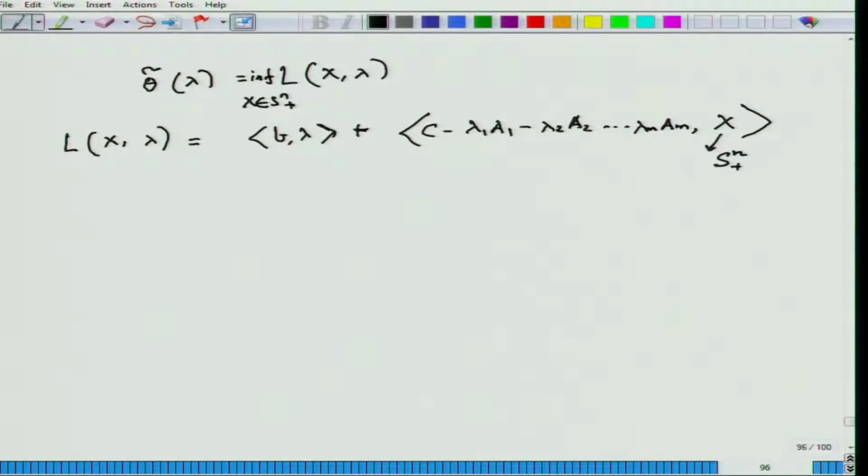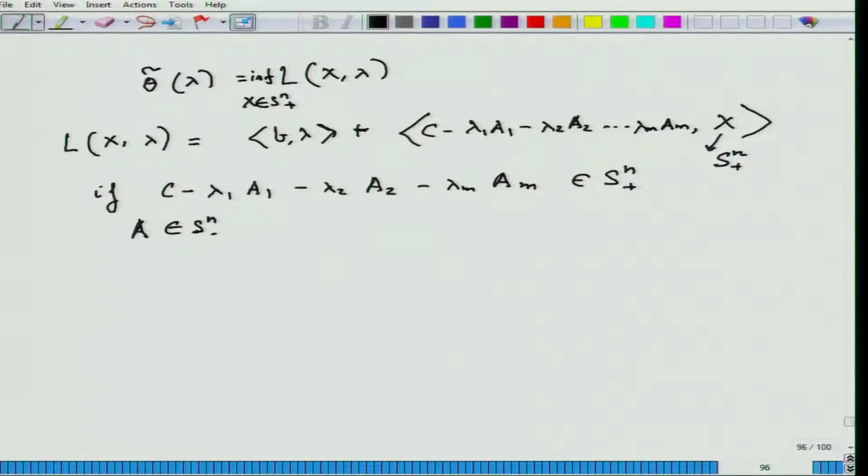If this is in Sn plus, that is, if C minus lambda 1 a 1 minus lambda 2 a 2 up to lambda m a m is in Sn plus, then, this is a very standard result, you can figure out yourself. If A is in Sn plus, positive semi definite,